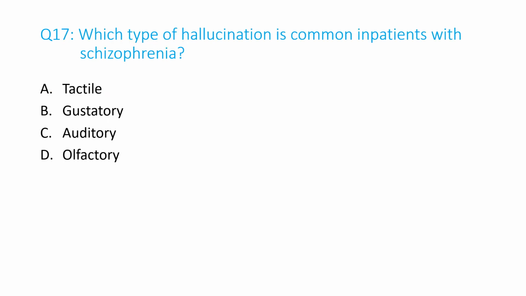Question number 17. Which type of hallucination is common in patients with schizophrenia? A. Tactile, B. Gustatory, C. Auditory, D. Olfactory. And the answer is